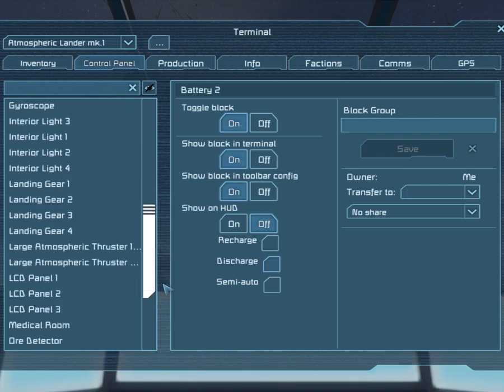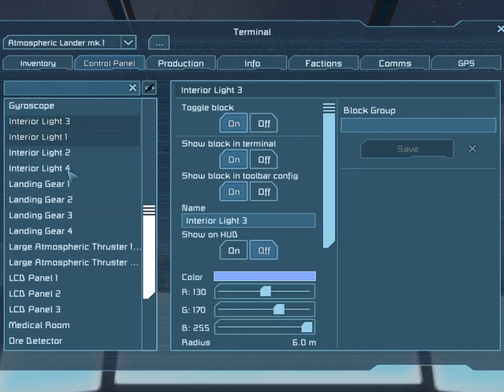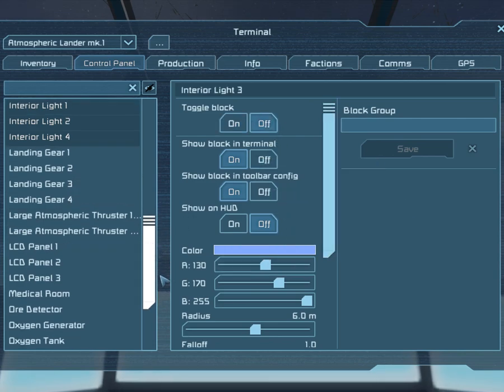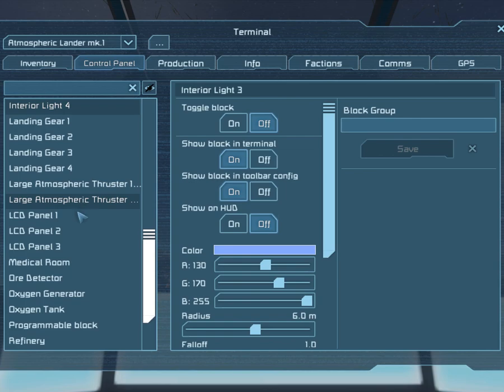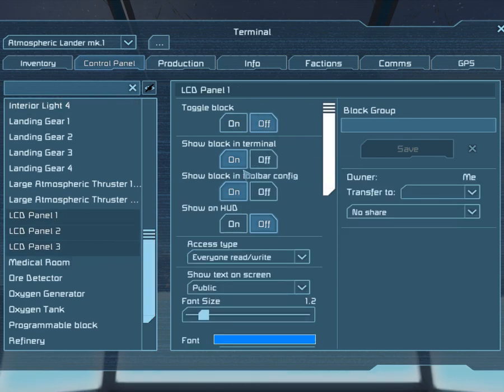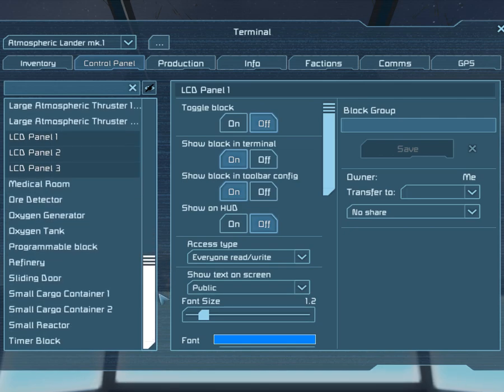So we're going to scroll down now. We're going to turn off the interior lights. So clicking on the first one to the bottom one, and we're going to say off. What we're doing here is trying to conserve the power. Do not do the atmospheric thrusters just yet. LCD panels, do the same. Toggle them off. We're going to go in, we'll leave the ore detector on, the medical room, the generator and